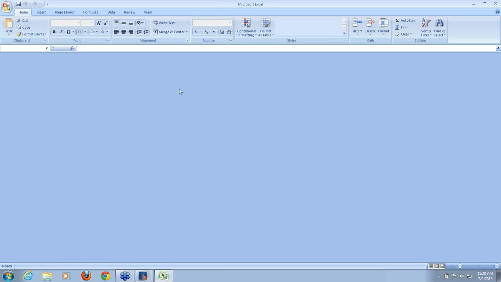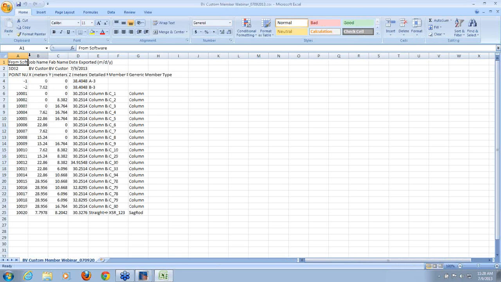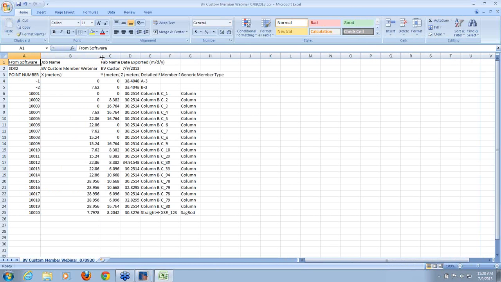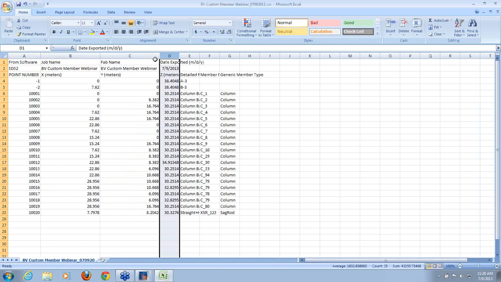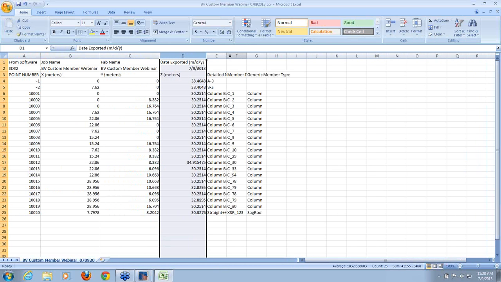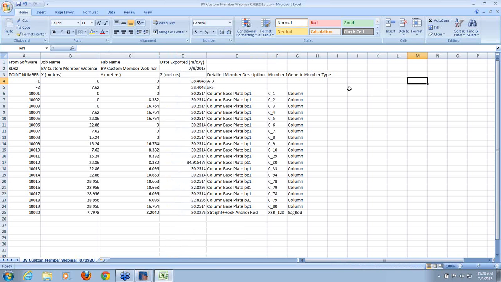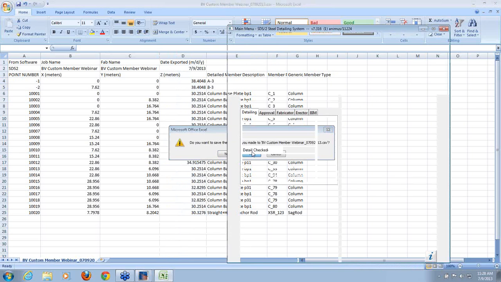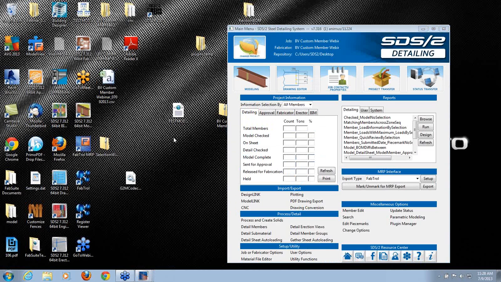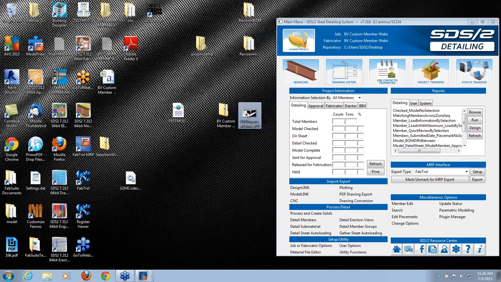If we open it up here real quick, it's just a simple Excel file with point locations for the members that have those points that we can export. What people can use this for is they import it into Revit or Navisworks, and they can compare that to maybe a field measured point in Navisworks or Revit from a Get The Point software. So what it looks like, if I open up this little screenshot here,